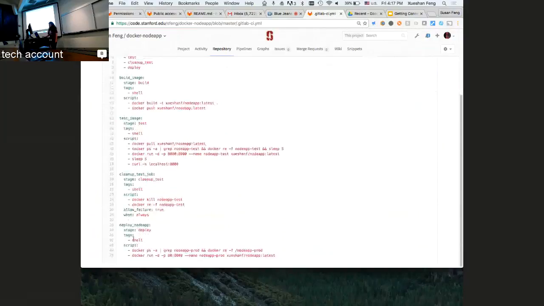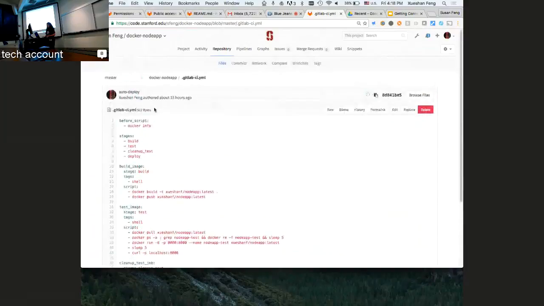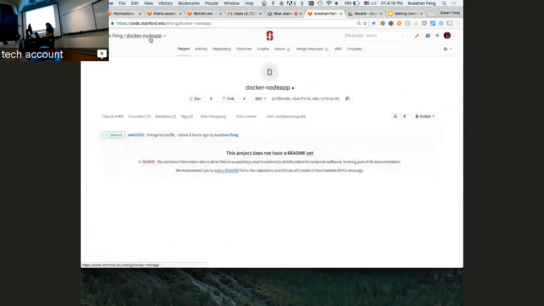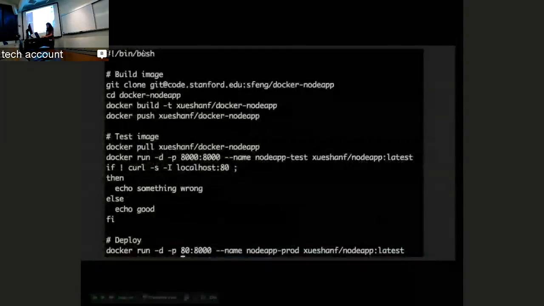In my deploy, I say I want to run it on the shell runner, and I remove any container already running by that name, and I start a new one on port 80. You see the testing one is running on a different port, right? So for my testing. Okay, now we have the YAML file, and I want to change something